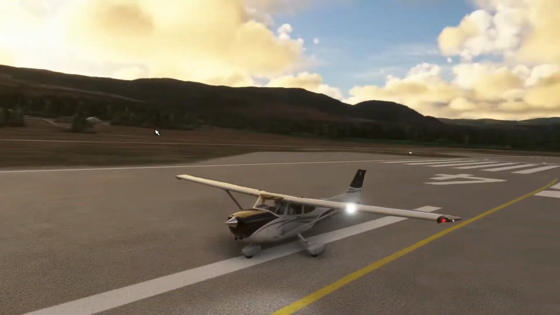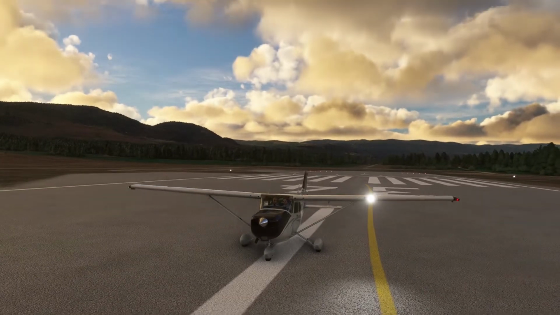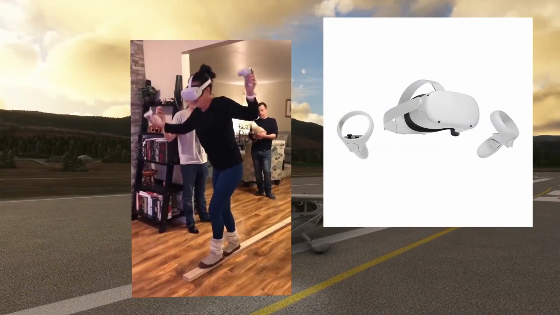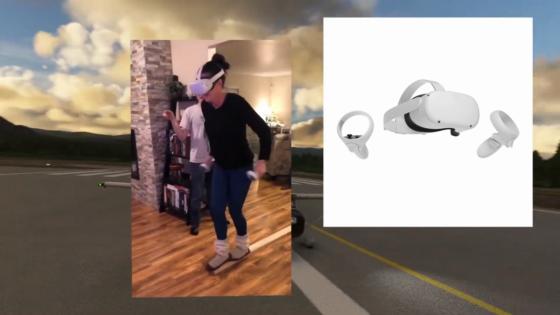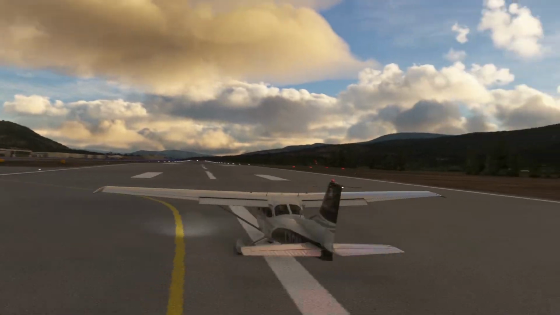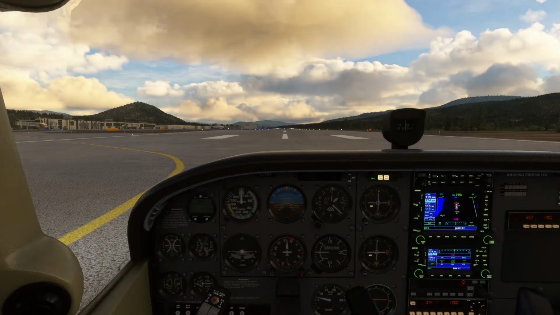Today we're going to hop in Microsoft Flight Simulator and take a little flight around Las Vegas in virtual reality. And while we're at it, let's see if we're able to control an aircraft using only the Oculus Quest 2 controllers. So I originally intended to use AirLink to connect my Quest 2 to my PC for flying Flight Simulator,